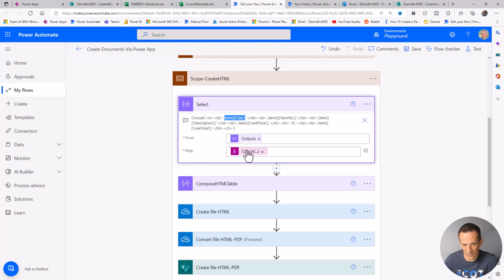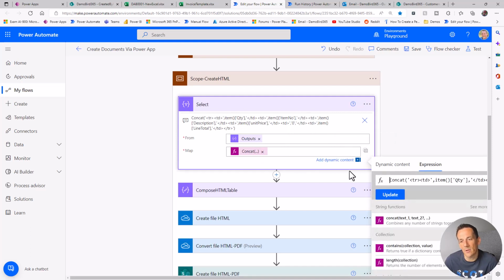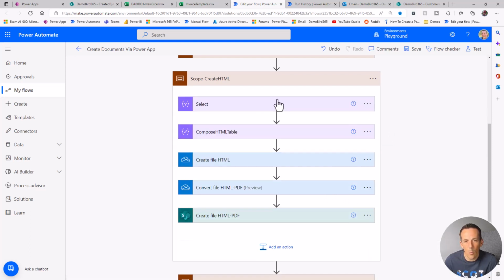And this is how I built up the map. So when you're using the select, again, the output is taken from my original JSON array from the compose at the top of my solution. And then I'm using concat to create this string of table rows. Make sure you've got the text feature on here, and then you can build out this expression that includes things like this dynamic content. Once we've got this select, we're going to end up with however many objects of strings,